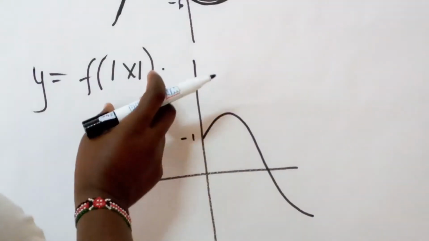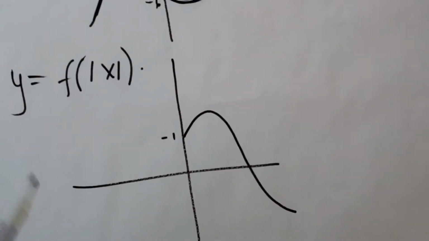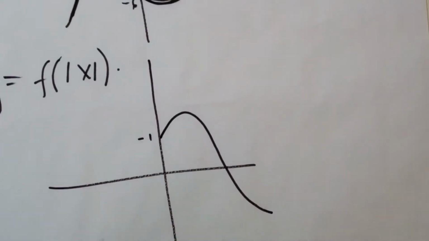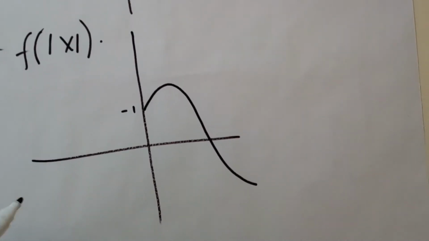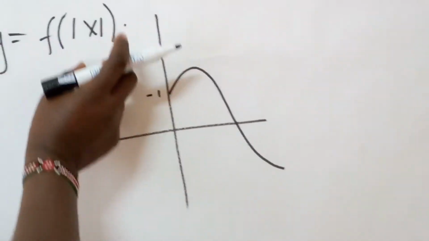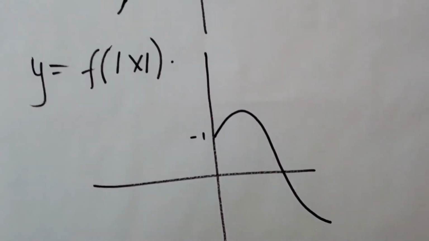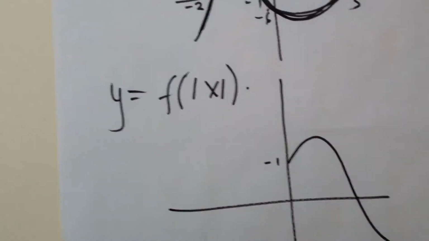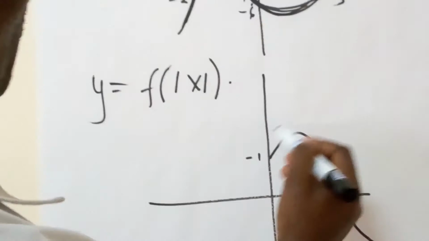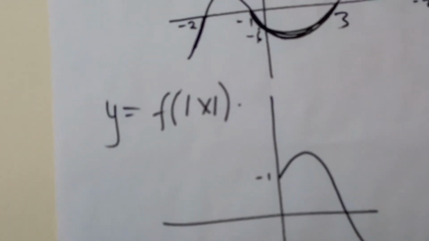When x is moduled, it means we do not consider any value of x that is negative because it's already moduled. But it is important to note that sometimes x can be negative, and that does not mean y cannot be negative. Sometimes x can be negative, but when it is moduled, then we only consider the positive values of x. After we have done that, then reflect